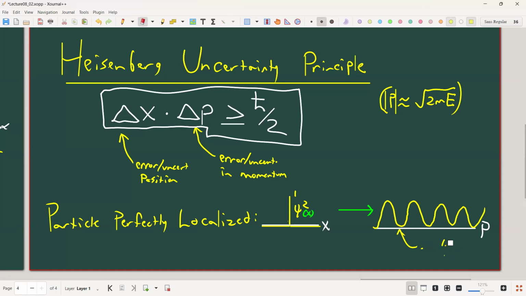I'm not going to give you a formula, but it's a sine wave. It's completely delocalized, so all momenta are possible